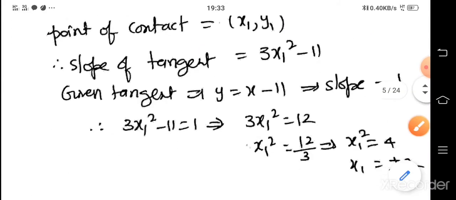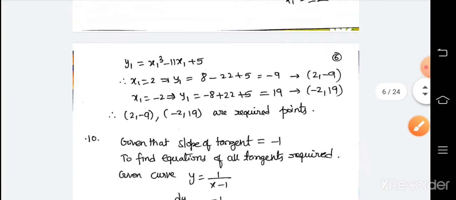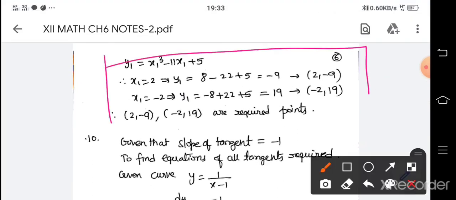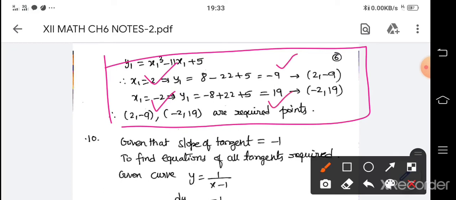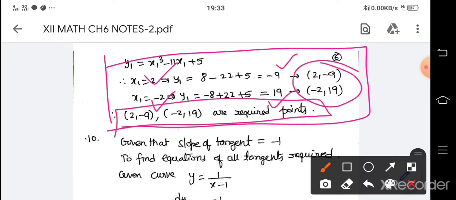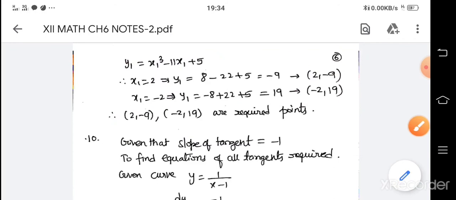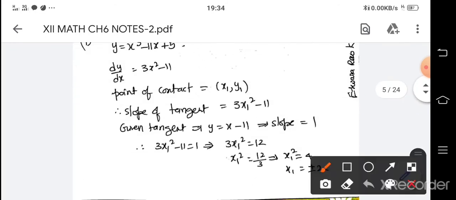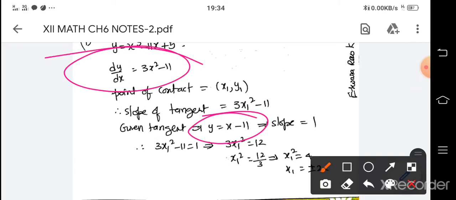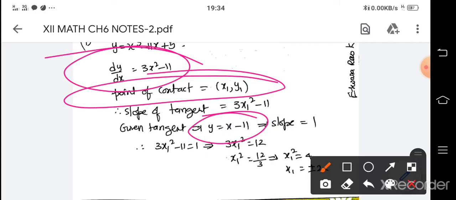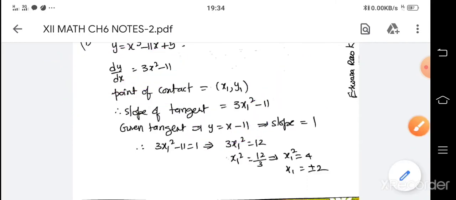Now look. That's what I did in the calculation. Just carefully pause and look at the calculations here. Substituting plus 2 one time and minus 2 one time, we got y1 as minus 9 and 19. These are the required 2 points. So the question is to find the points where the tangent is y is equal to x minus 11 to the curve, with dy by dx equal to 3x square minus 11. So we should assume the point of contact this time. Here also the slope is given indirectly. Finding the point of contact is all we need. Next,